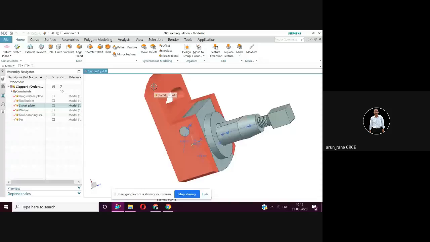Step number four, I'll add the washer. Step number five, the screw. Step number six, the pin. That is last. Finally, when you are assembling all the components, at the end we are going to put the pin.